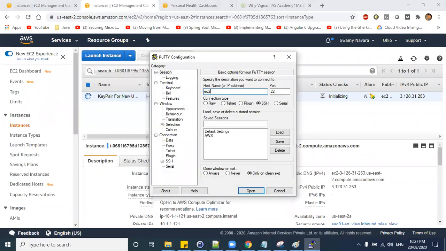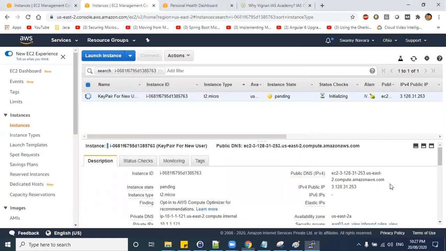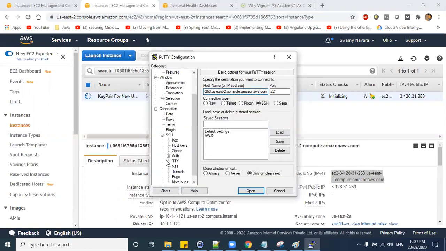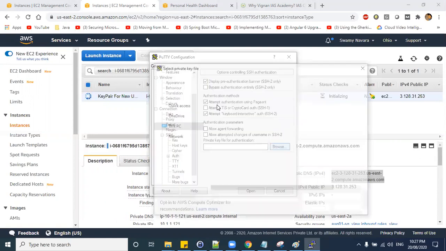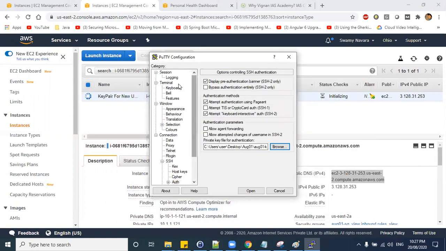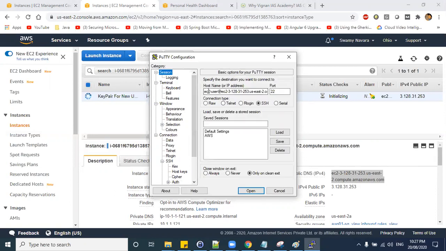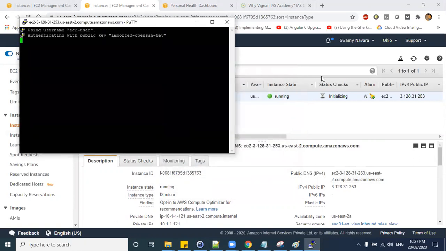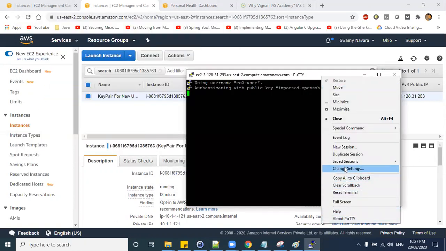Okay, so everyone knows this, right? To launch an EC2 machine and connect to this EC2 machine, go to SSH authentication. This is the key pair which we use for the default user, ec2-user. So we have logged into this particular machine.